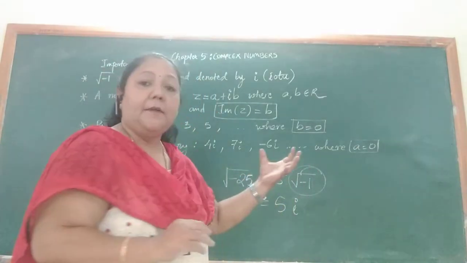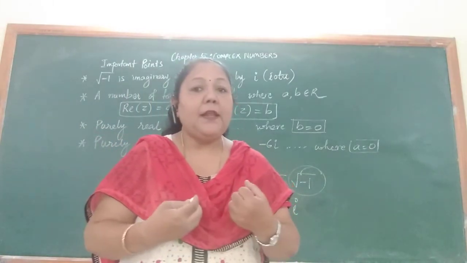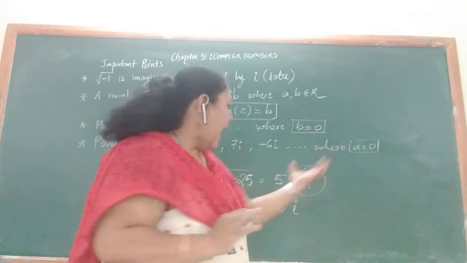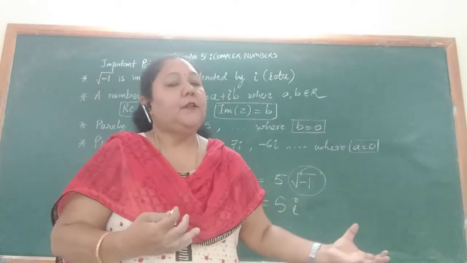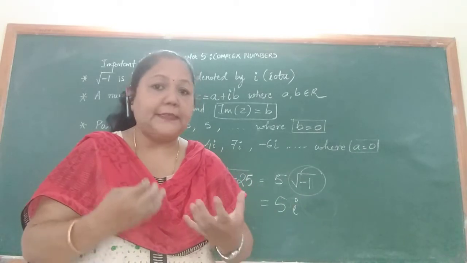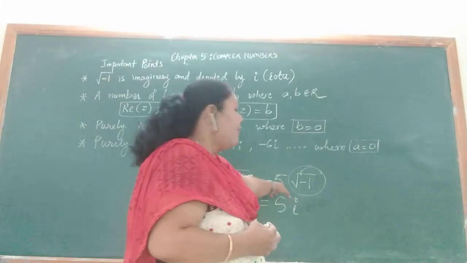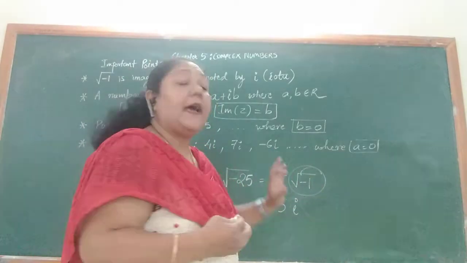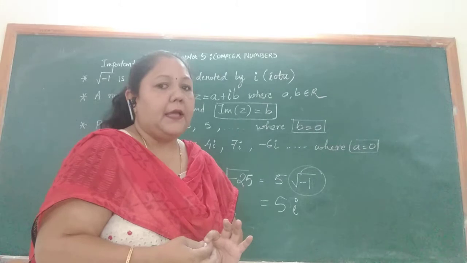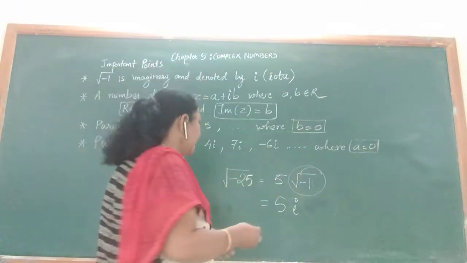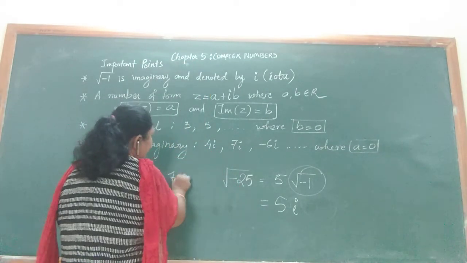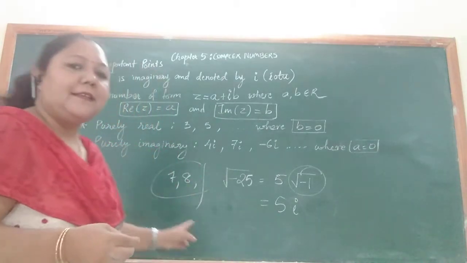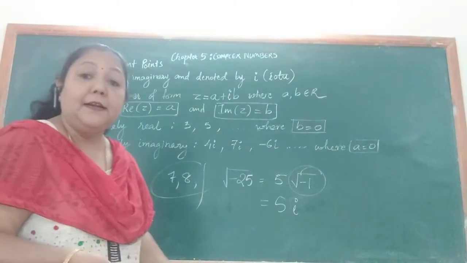This imaginary number is nothing but what we call iota. Actually, where does the symbol i come from? That is the symbol for the word iota. So therefore 5 into under root of minus 1, that is 5i, that is iota. Now you must have studied simple numbers, like if your number is 7, 8, all such numbers, you call them real numbers.